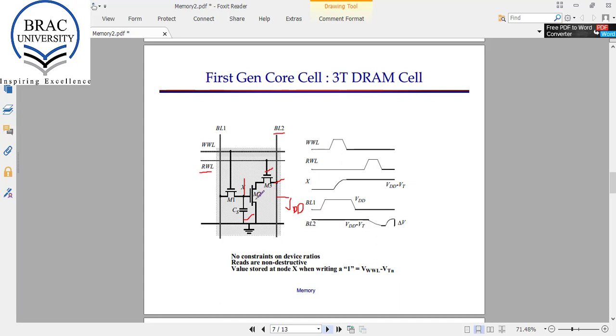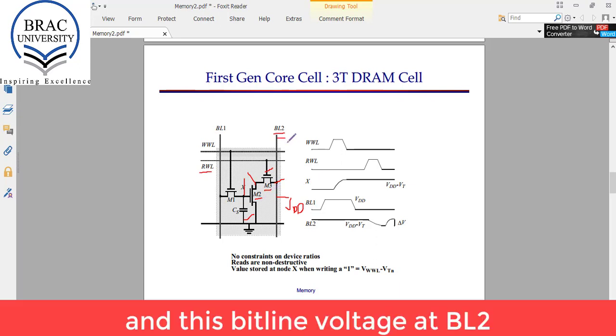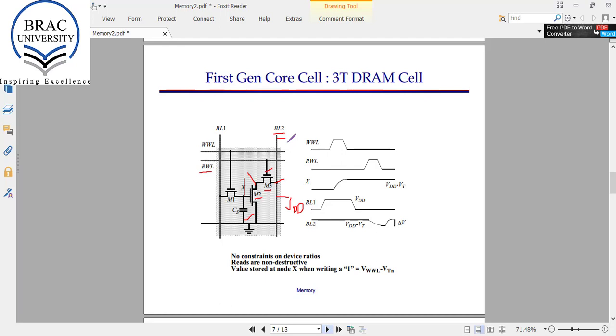This will turn on the transistor M2. As M2 is turned on, the voltage at this point will also be close to 0, and this will also turn on the transistor M3. So M2 and M3 both are turned on, and this bit line BL2 will start to decrease through these transistors, and the sense amplifier will sense this change in voltage level at the bit line and determine the stored value is